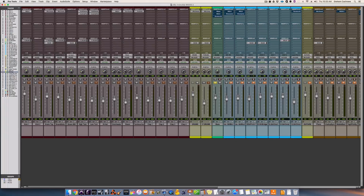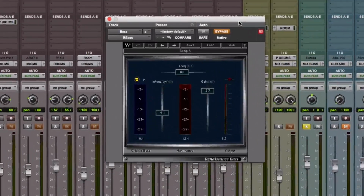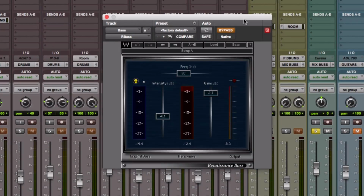Okay, good performance, but very typical lifeless DI'd bass sound. Fortunately for us, there's a few plugins that we can use to really make this pop. One of my favorites is R-Bass, Renaissance Bass. This thing is amazing. It uses the Max Bass technology, if you've ever used Max Bass as a plugin by itself, that adds harmonics. And so it's adding something to the bass,